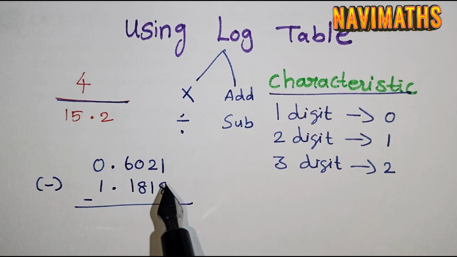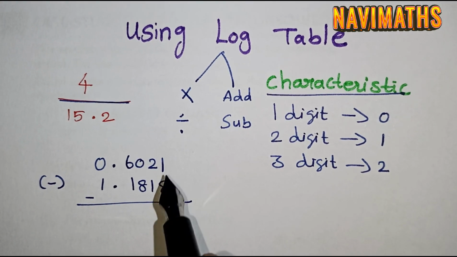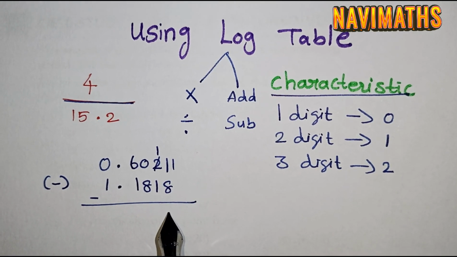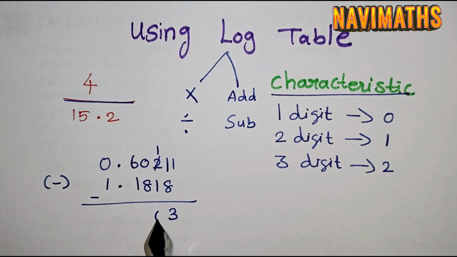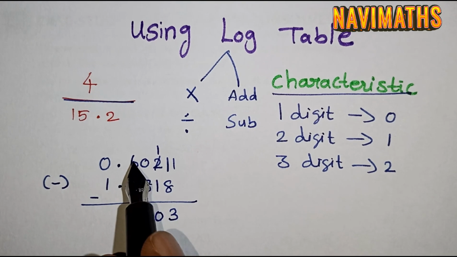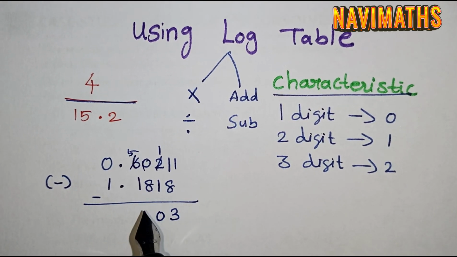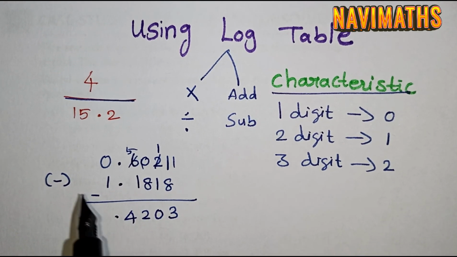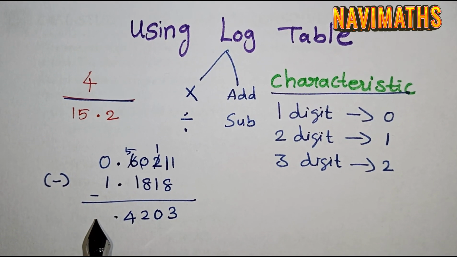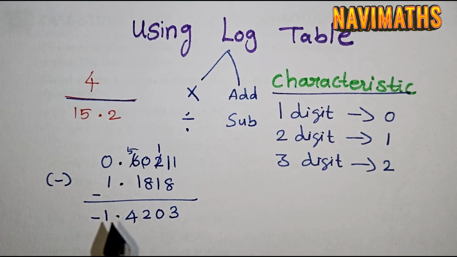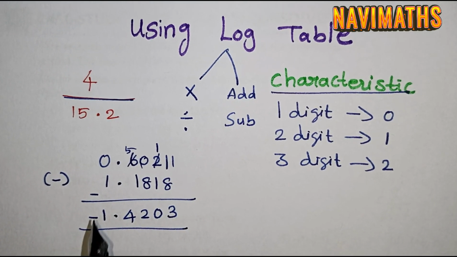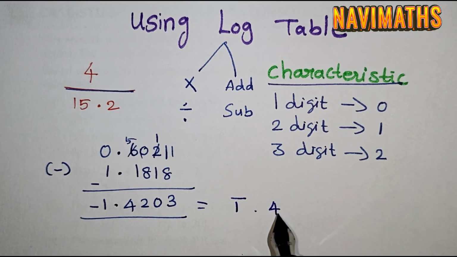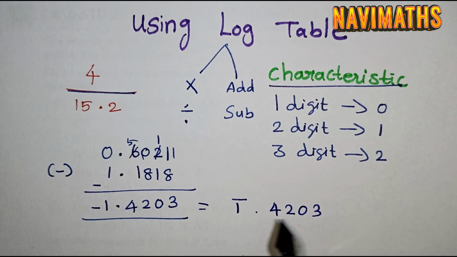That's it. Now subtraction. 1 and 8 we can't subtract. We take the borrow. So this is 1 and this will be 11. 11 minus 8 will give you 3. 1 minus 1, 0. Again 0 minus 8 not possible. Take a borrow. So 10 minus 8 will give you 2. 5 minus 1 will give you 4. Now here minus 1. 0 minus 1 will be minus 1. Minus 1 will be written like this. Now the minus 1 we can take as bar 1 also. That means we can write like this in the log values. So bar 1 like this we should write.